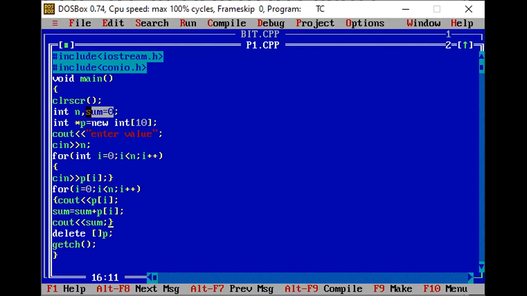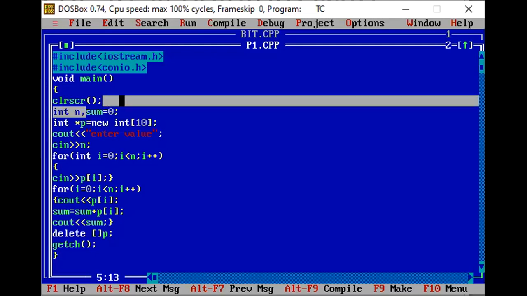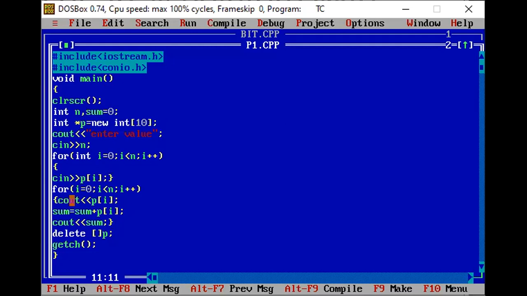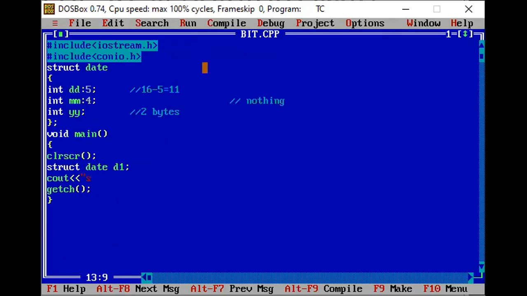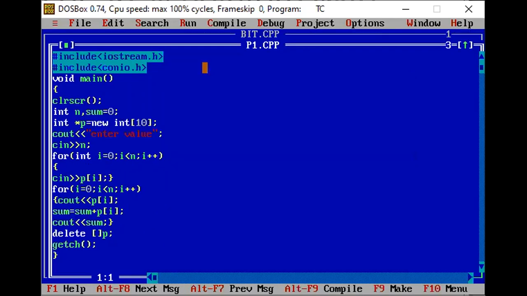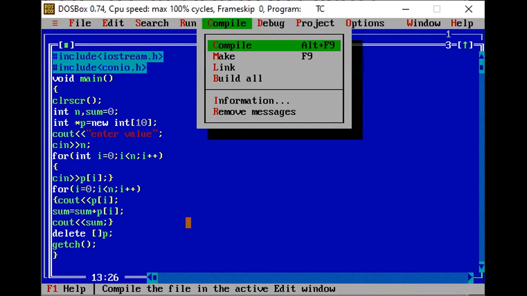Here I have taken one variable as sum equal to 0. Then in the for loop, I will use sum equal to sum plus the elements of the array and display that sum. Okay. The remaining program will be the same.